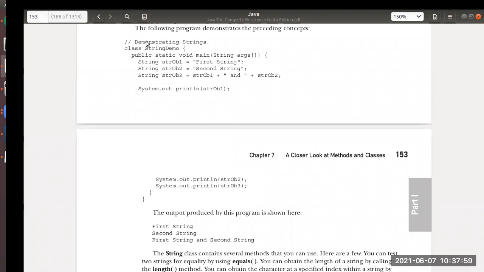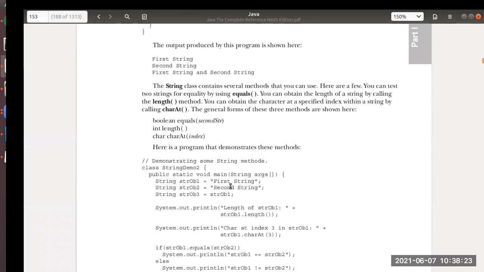So if we count, there are three strings which are assigned to string ob3. Okay, and when you display string ob3, you will be able to see this kind of output. Okay, this is the new thing which is concatenated with the first string and second string.